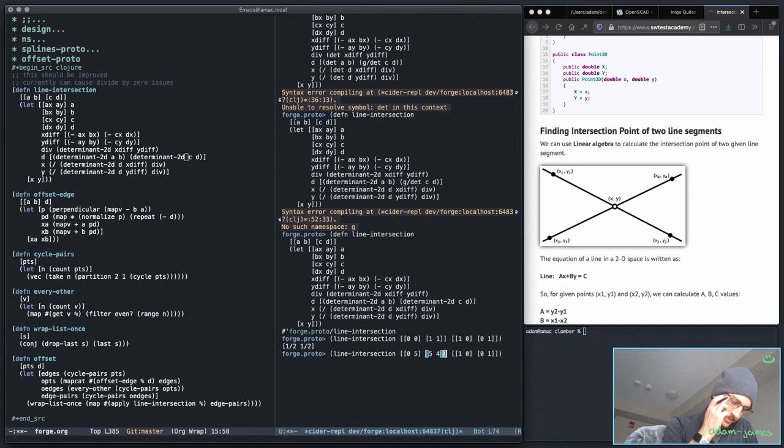And then this line will be 6, 0, 9, 15. Okay, so these are not touching each other, but this line intersection might provide an intersection point because